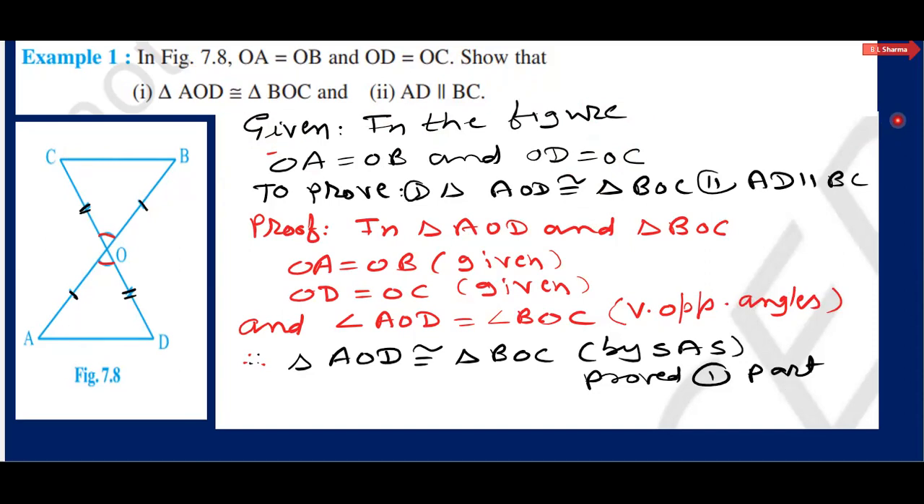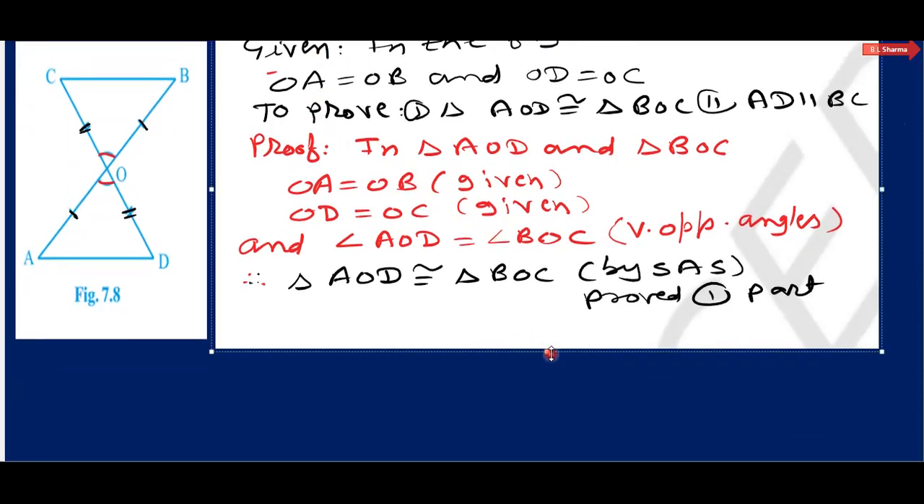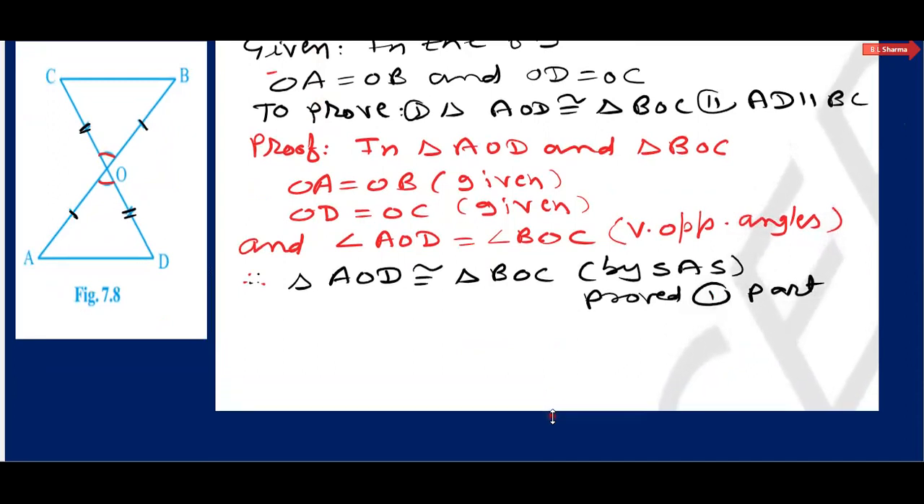Or if the sum of two angles on the same side of a transversal is 180 degrees, meaning the co-interior angle sum is 180 degrees, then the two lines are parallel. Here by CPCT, we have to write further. Now by CPCT,